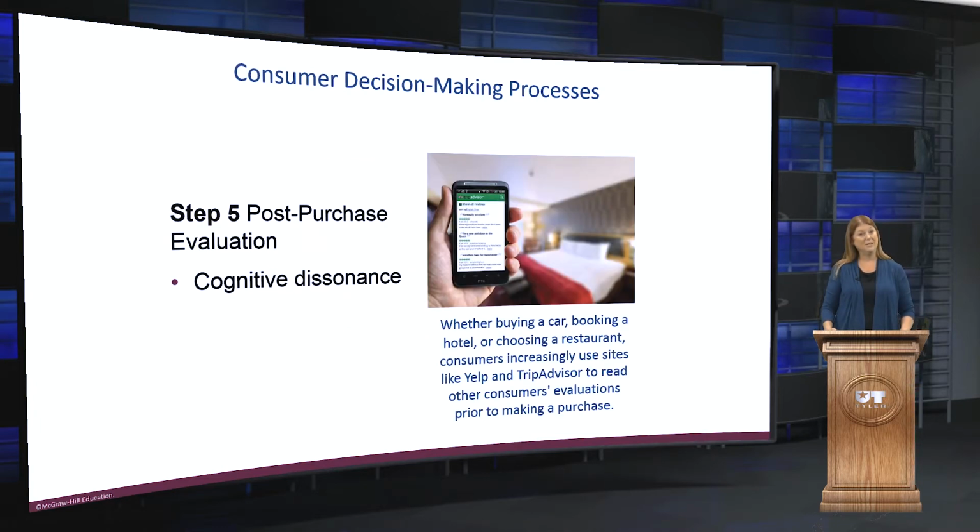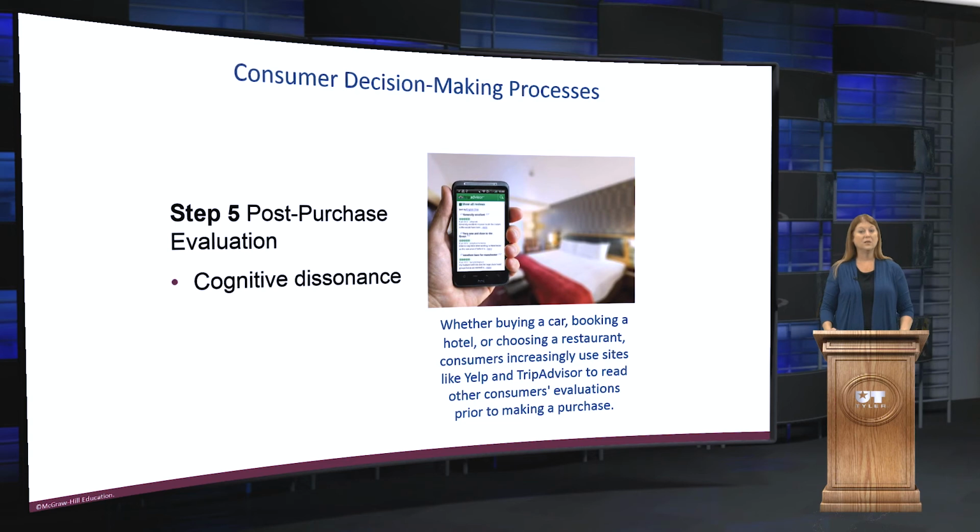Final step, but it can be extremely important, is the post-purchase evaluation. There's a term we use in marketing called cognitive dissonance. This means that there is a mismatch between what consumers expected and what they actually received. We want post-purchase satisfaction. In today's age of social media, consumers post very quickly their dissatisfaction. They're starting to post their satisfaction a little more regularly, which is a good thing for businesses, but the negative, the dissatisfaction, the cognitive dissonance that occurs when the product or service didn't meet their expectations is now shared worldwide,